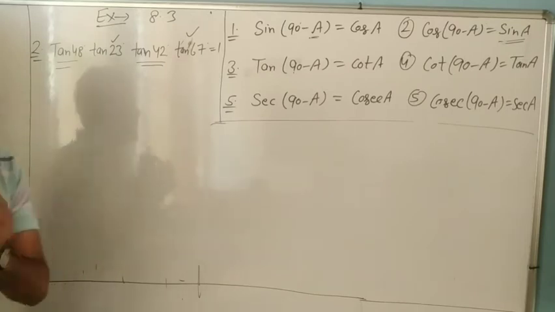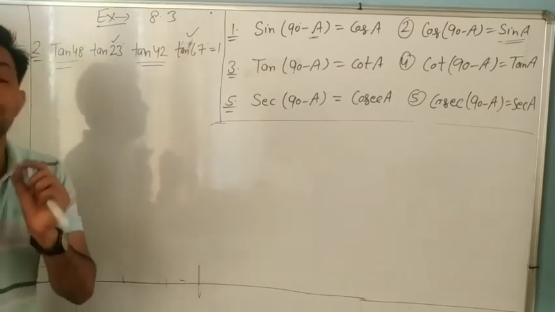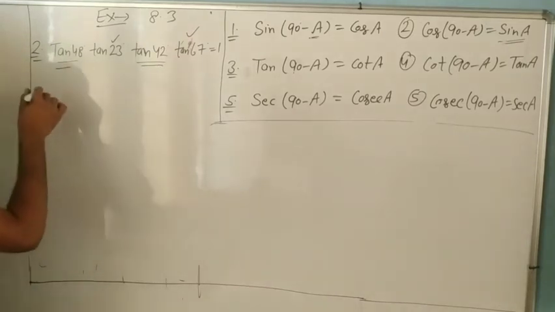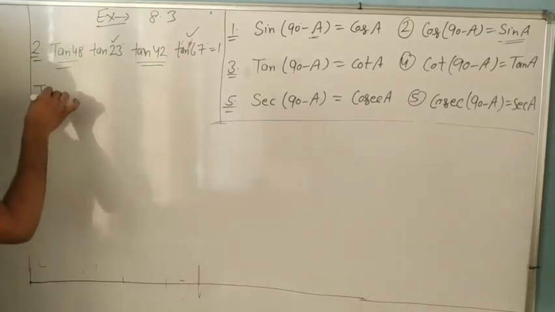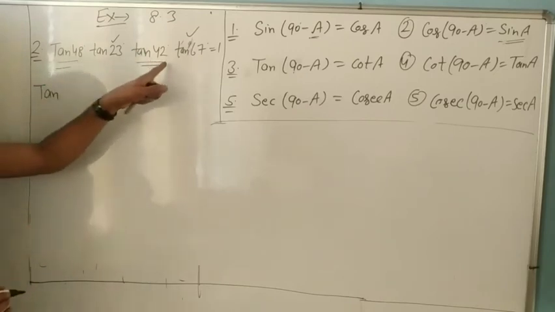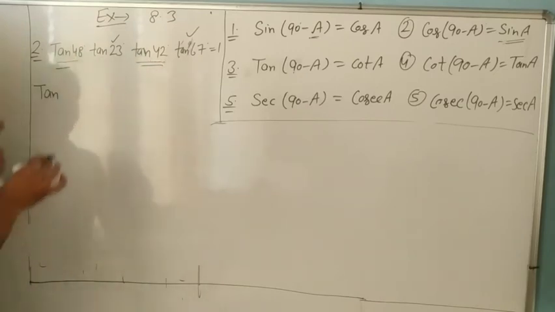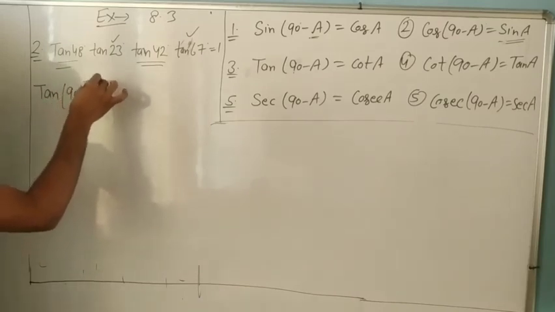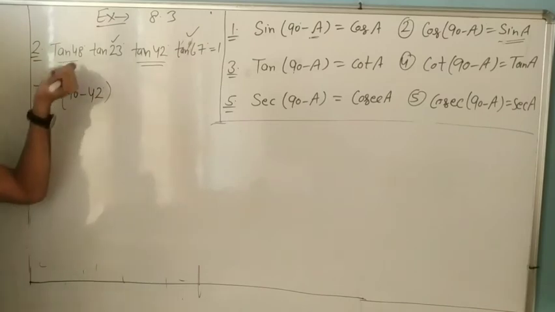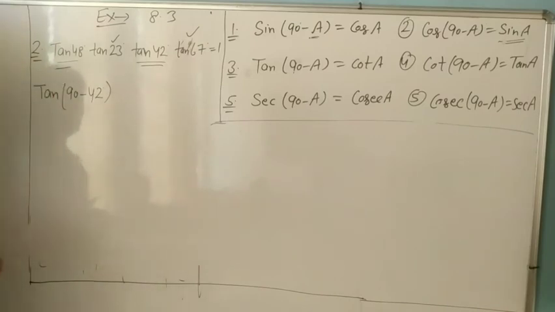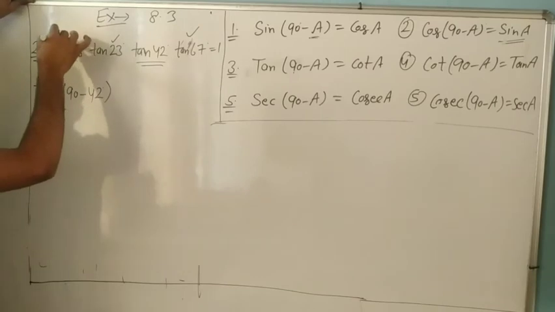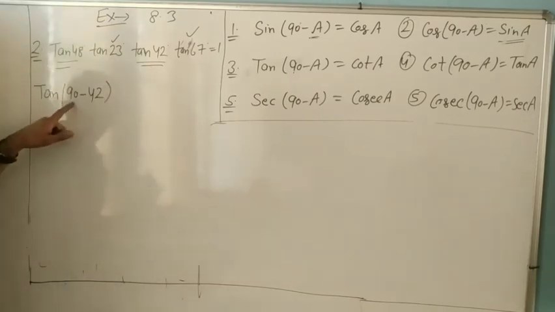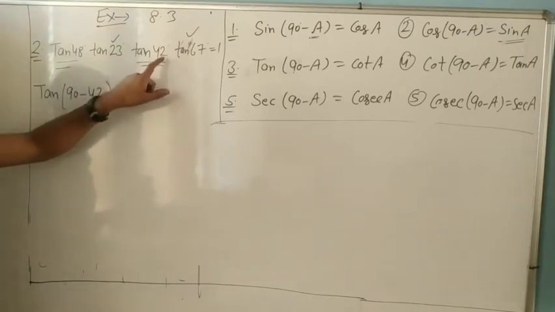Okay, we will make the angle the same, because it is 42 and it is 42. They are different angles or not? So how to make them the same? Either you can change 48 or you can change 42. And 48, what can you write? 90 minus 42. Can we write or not? 48 is 90 minus 42. Same as it is. From 48 and 42, we will change only one, because 90 minus 48 is 42. It is also 42. No need to change this one.